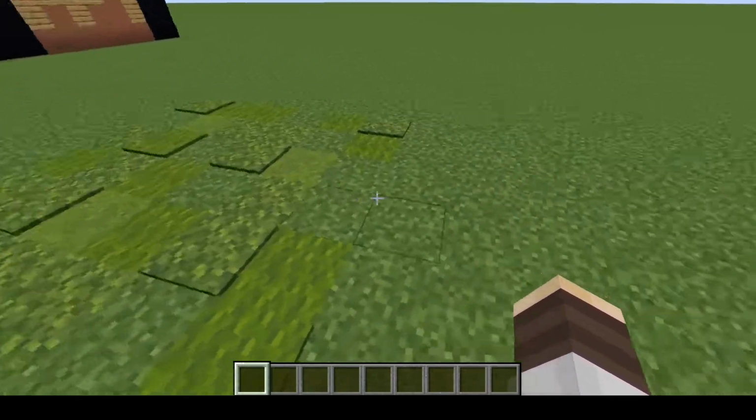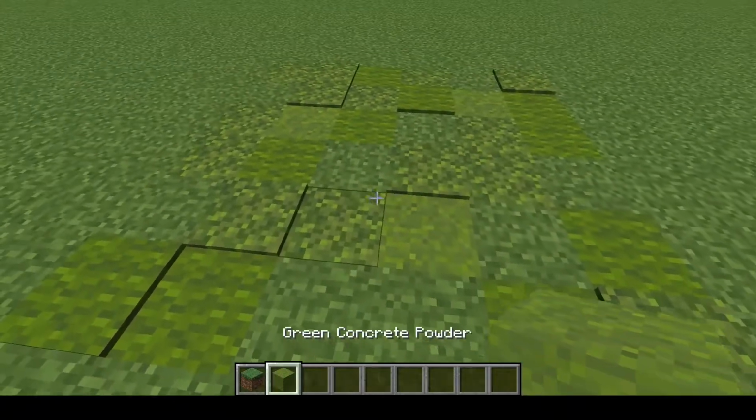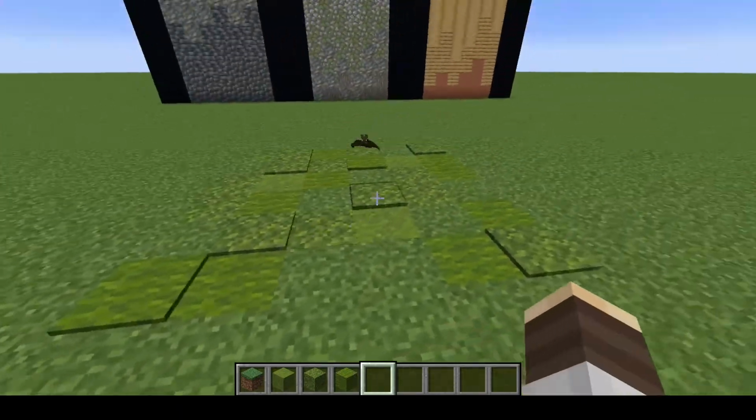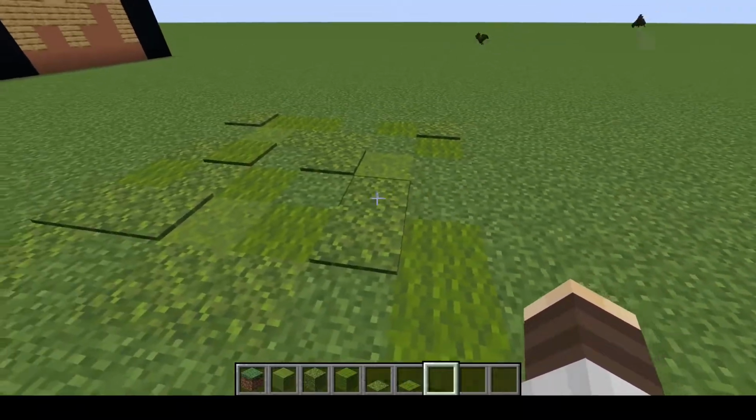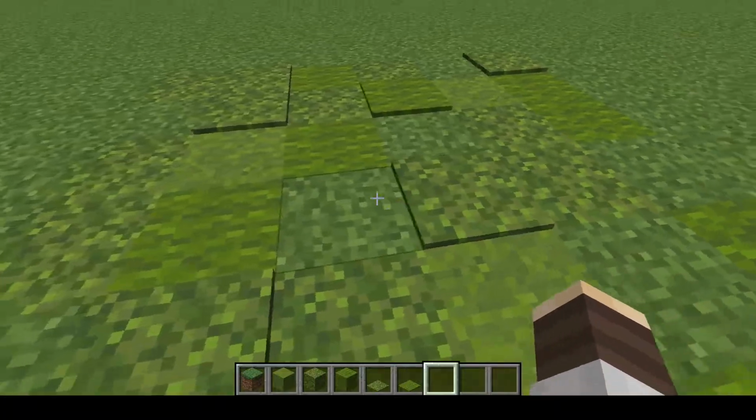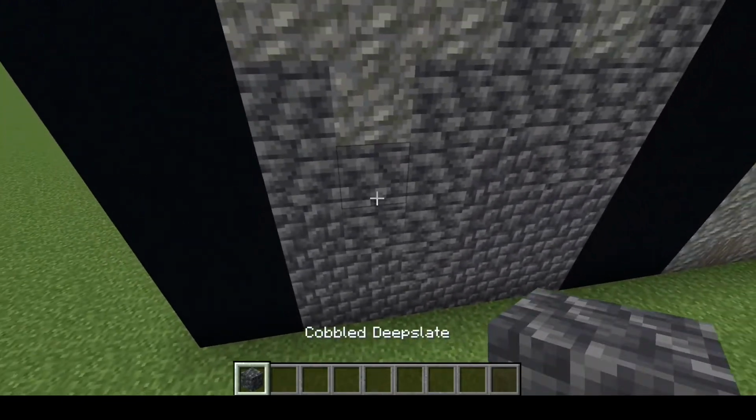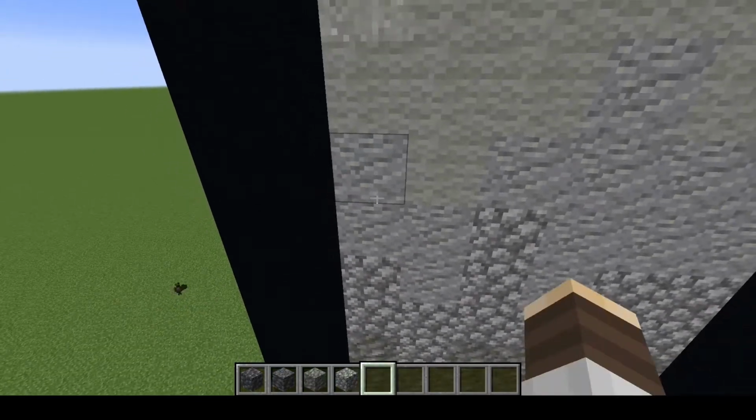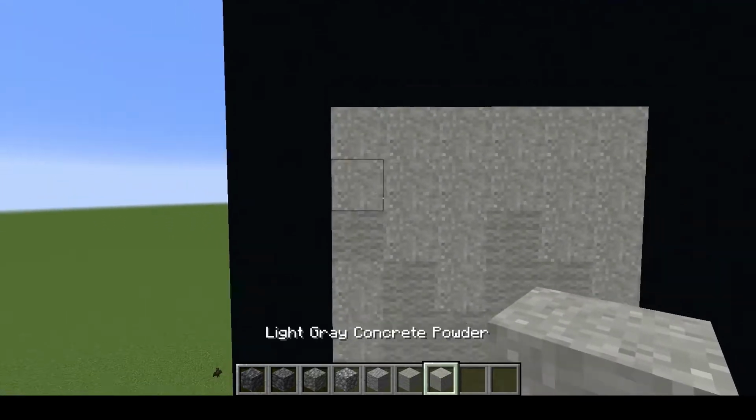First, you've got this plain grass over here, but when you mix in some green concrete powder, moss, and green wool, and some variants of that, like the moss carpet and green carpet, it actually makes up a pretty interesting grassy field texture. This first wall is a mix of cobbled deep slate, tuff, cobblestone, andesite, wool, and light gray